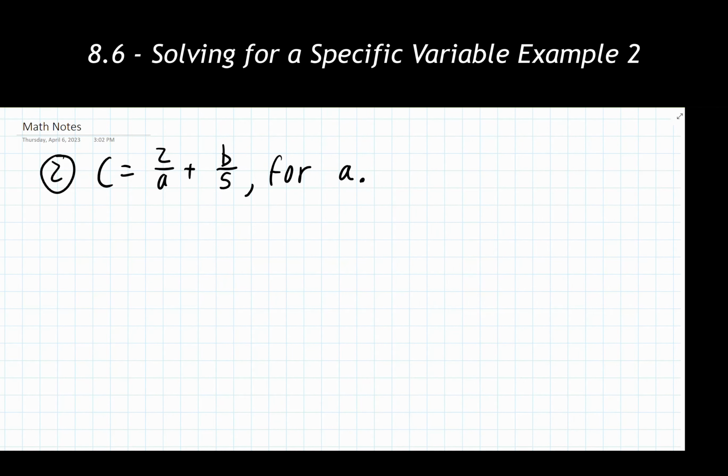Looking at number 2, we're going to have a little bit more that we're going to have to do with this. We're asked to solve for A, and A is currently in the denominator of a fraction, and I have some other fraction stuff that's showing up over on this side as well. So I'm looking at this and thinking, okay, I've got a few options. I can try and move this B divided by 5 to the other side, but A is still trapped in the denominator spot, and that seems like the biggest issue at this point in time.